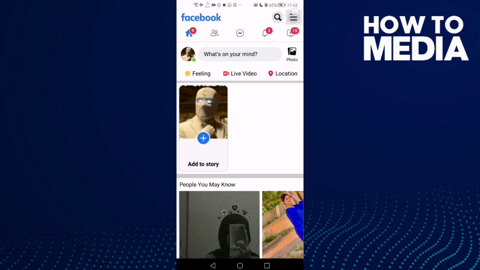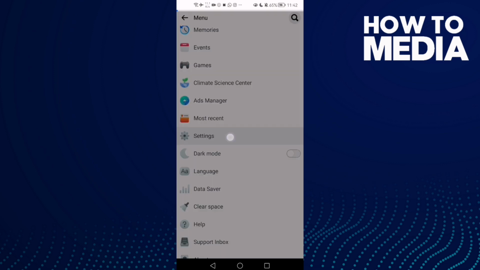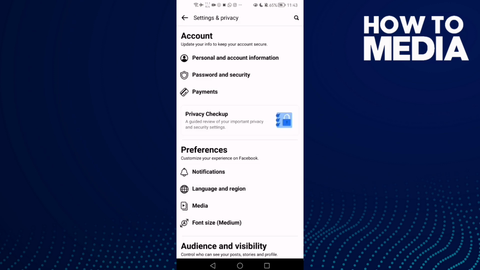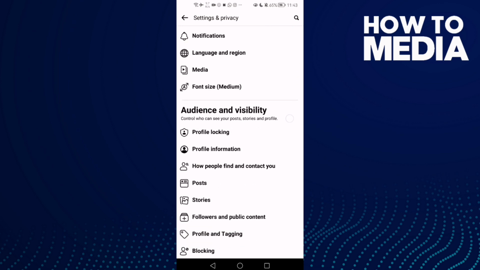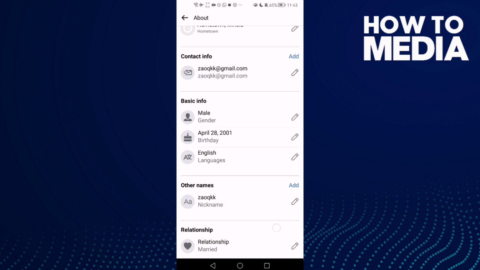and here just click these three lines in the top corner and go down until you find settings, and then scroll down again and you will find the profile information, and here you will find your languages. Click this pen here